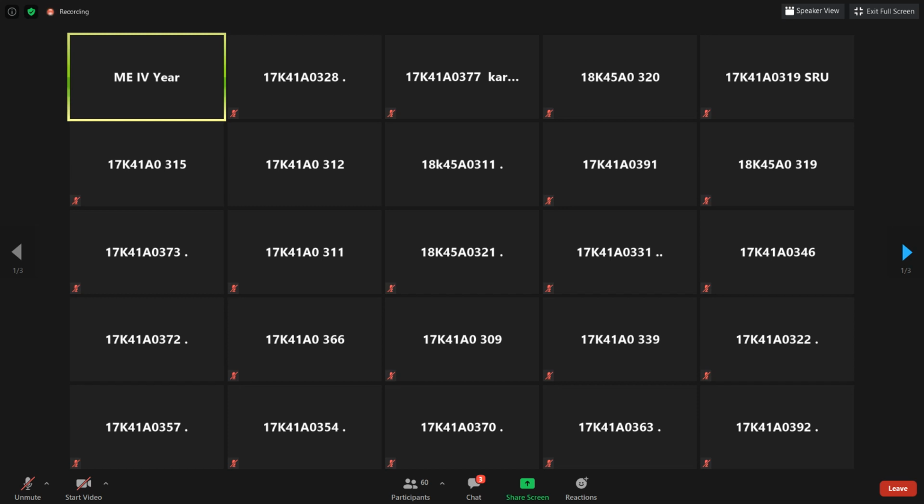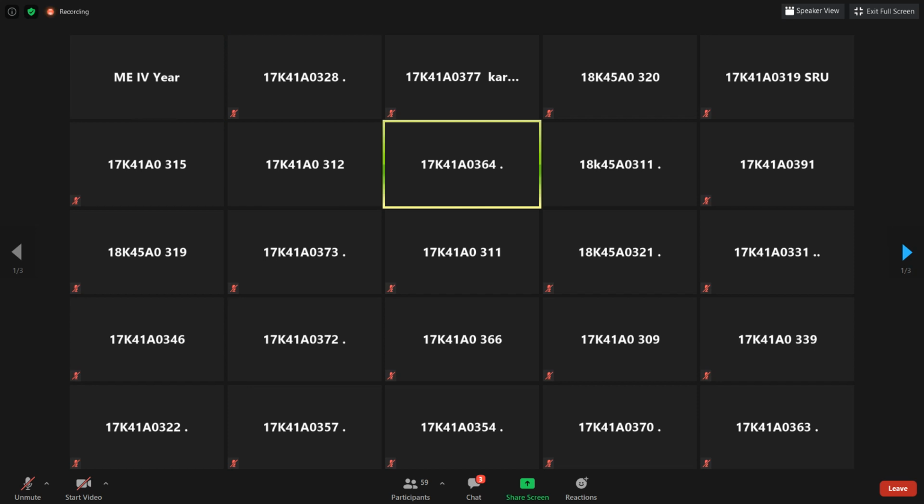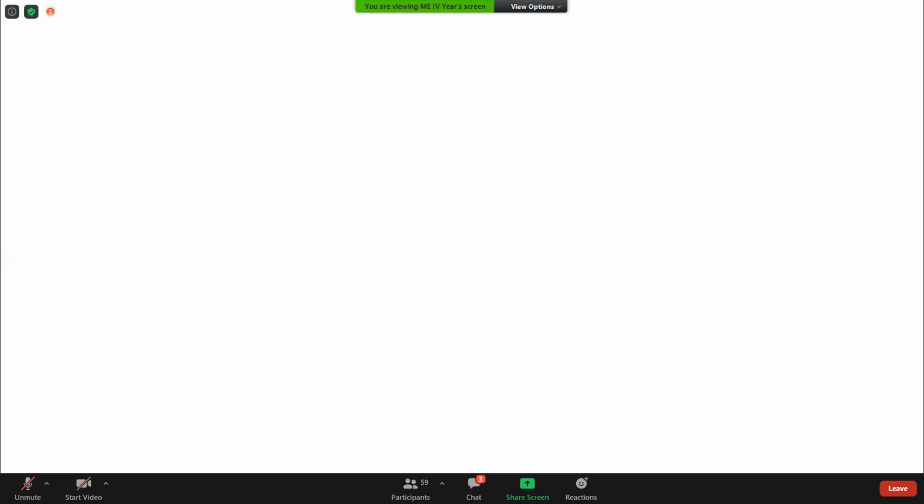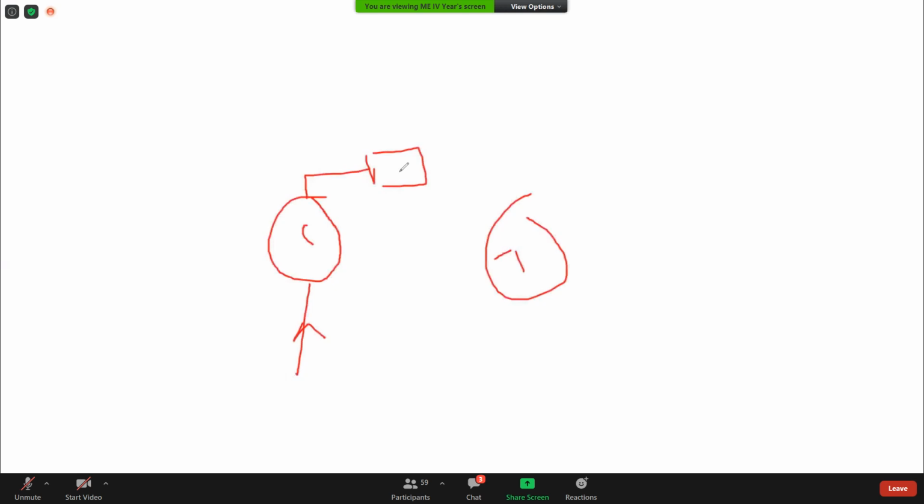Regeneration plant means, in gas turbines, whatever exhaust gases you are getting, I'll come to it. So here, let us say this is the compressor and this is the turbine, and here the atmospheric air is entering, and here there is a combustion chamber. The turbine will produce some work in the generator, it will be stored. The exhaust gases will come out. This is the open cycle gas turbine.